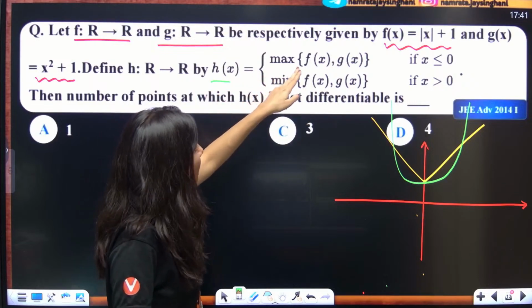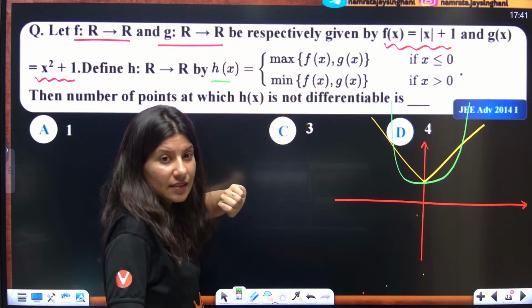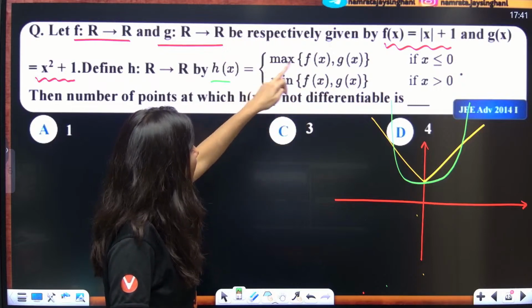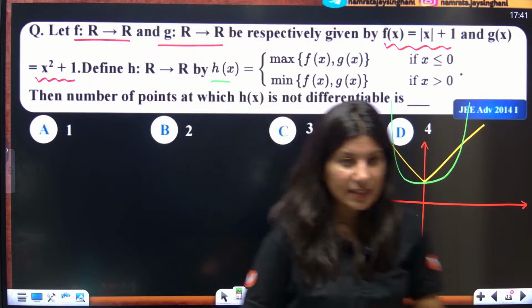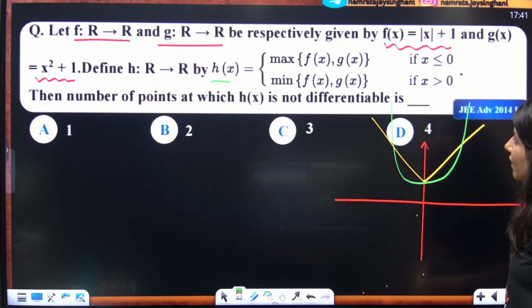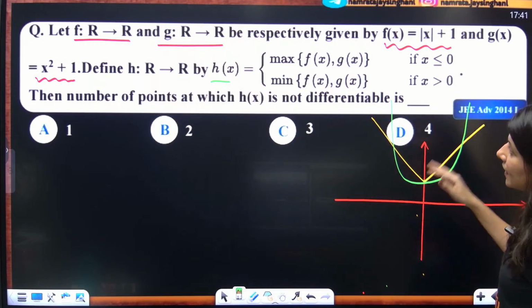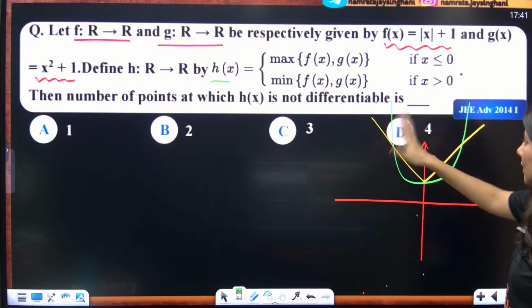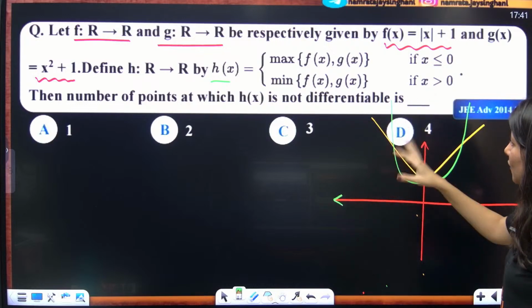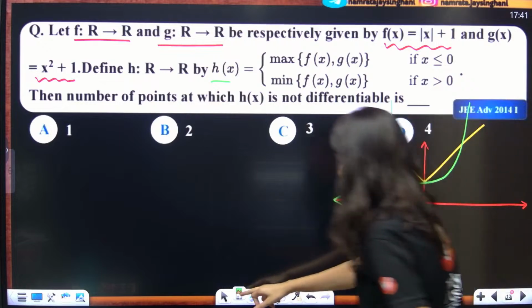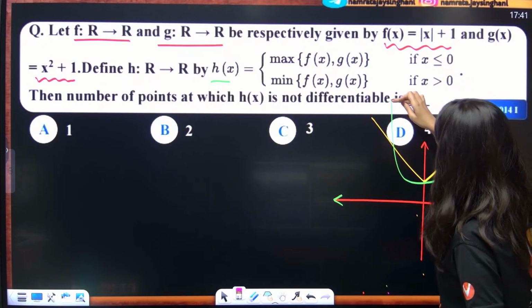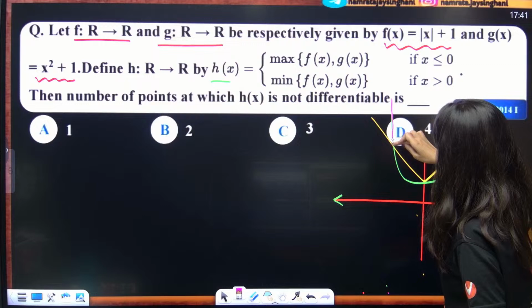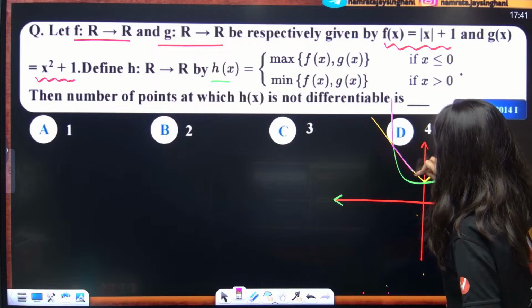we are looking for maximum of fx and gx. Right? We are looking for maximum of fx comma gx. Correct? So, maximum of fx comma gx. On the left hand side, this is x less than 0. Maximum will look like this. So let me just draw it in pink color. Maximum, whoever is greater will win, and that will be the graph of